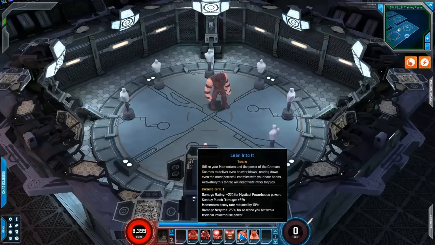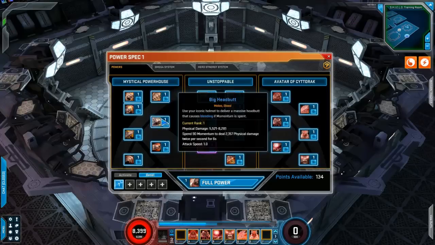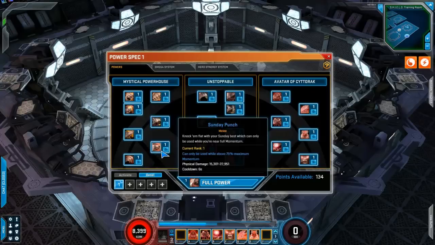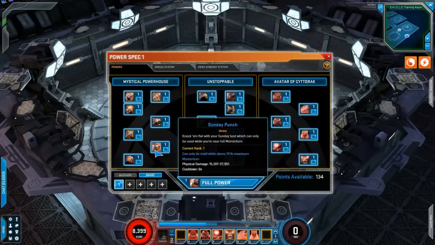We have 2 toggles here. One of them is called Lean Into It, which gives you damage rating for your mystical powerhouse powers. Your Sunday Punch damage is 5%, which is this ability right here. Sorry, I did not name the powers. That's the one that can only be used when you have maximum...